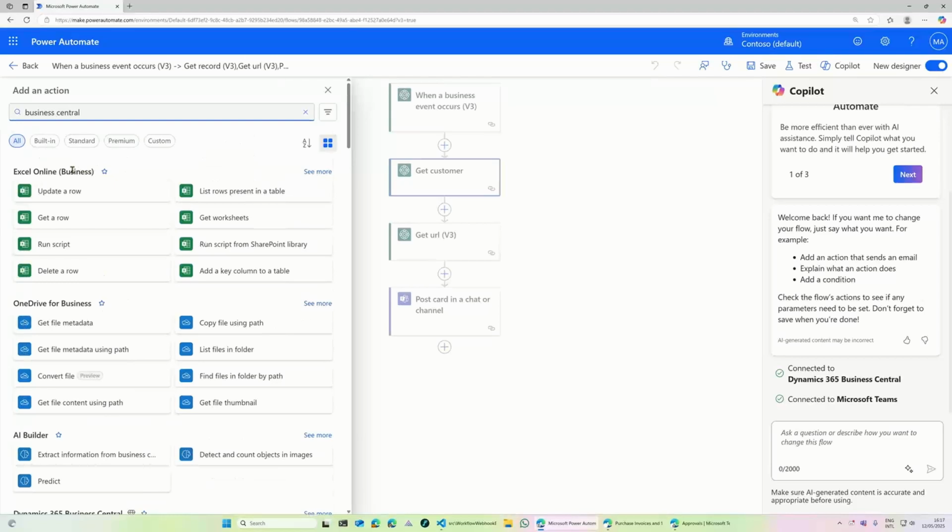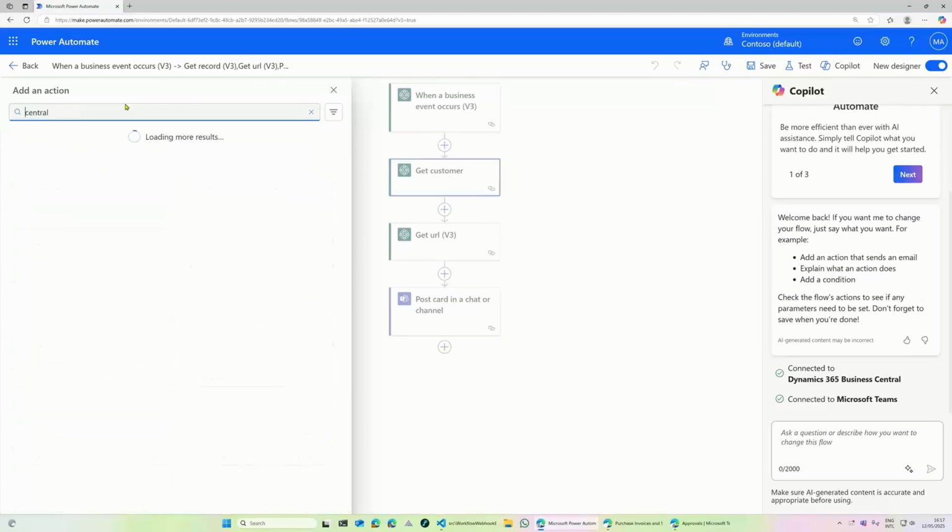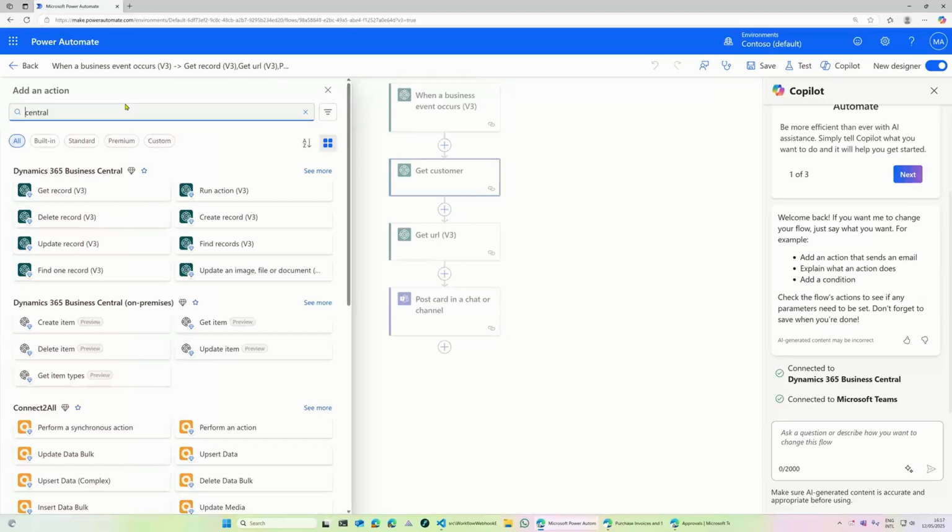Don't ask me why. Well, the word business is here, the word business is here, the word business is not here. So it's really funny to see how the search works and how smart that search is. If you want to get Business Central actions at the top of the search list, just search for the word central and you get them at the top. Makes a lot of sense, I would say.